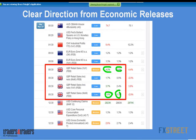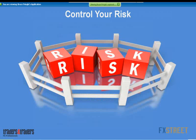You are a buyer. Okay, so that's what you're looking for. You're playing it from the long side. Okay, and in the end, though, we need to control the risk. That's what's crucial here, and that's what will make or break the whole strategy. All right, so